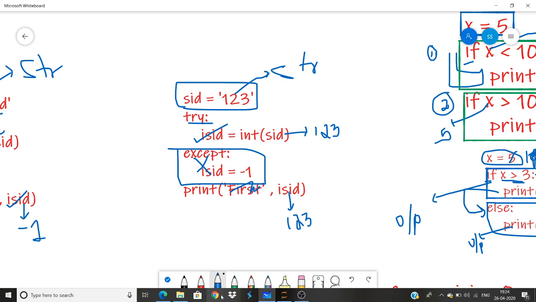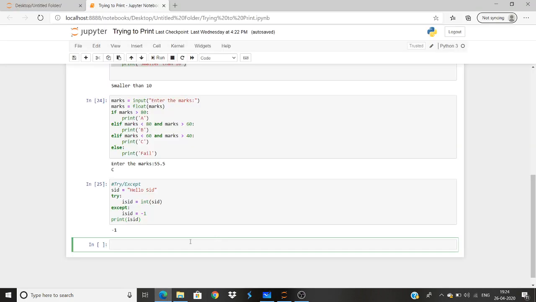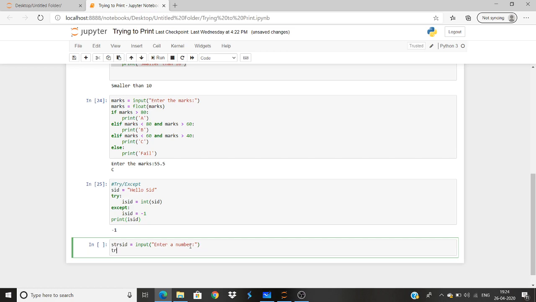So let's quickly, before we close, look into an example of try and except. Let's code something. We'll say str_sid, so this is string sid. We will take an input and we'll say "enter a number". Next, we'll say try and we'll say integer sid.